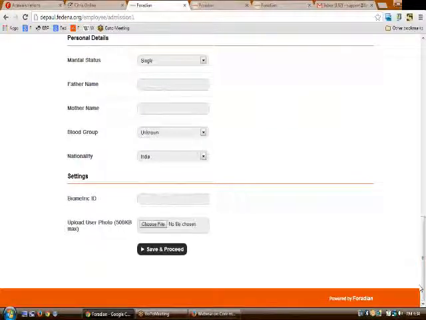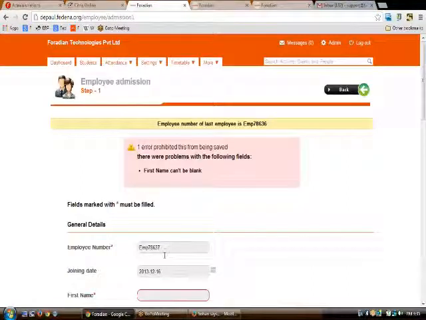And as a part of demonstration, we are skipping this part, but we always recommend you to add this part in the process of admission while doing it in real time scenarios, as this can be helpful to extract data for each of your employees or students for a later part. So again, on clicking save and proceed,